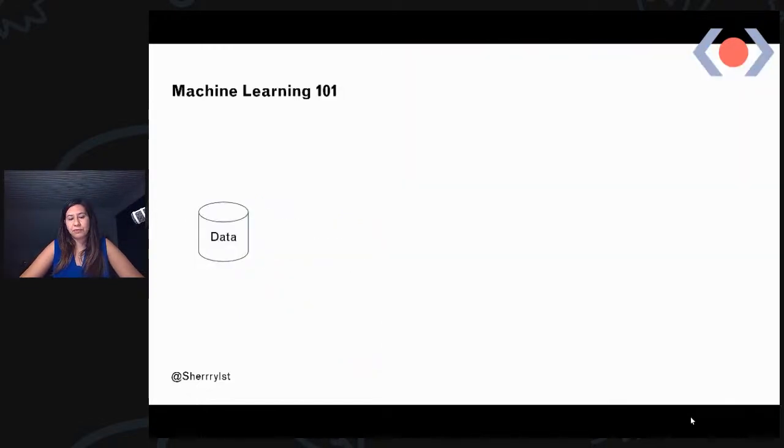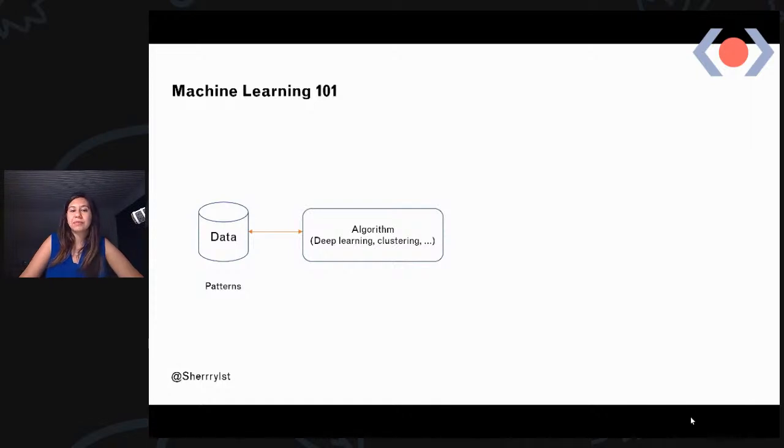So let's see how it works. If I want to, for example, teach machines to detect a dog, I normally should have a set of data. For example, in our case, a set of data that contains dogs. And I should go through this algorithm based on my situation. I should use one or a combination of these to try to find out what a dog looks like, to find those patterns. And this process is normally not a one-time thing.